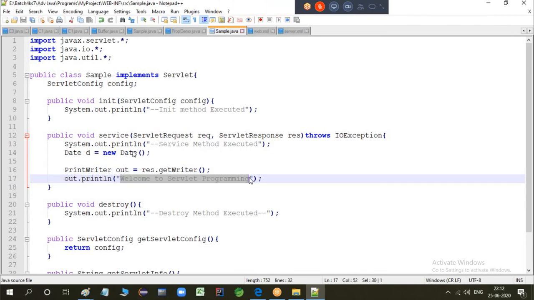and whenever you want to display it to the user on the client side, concatenate the date, so this date will be displayed on the client side. So what steps do I need to follow here?